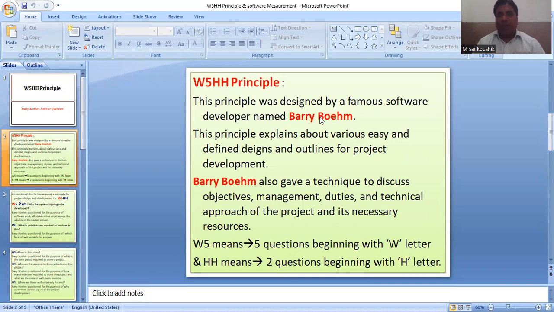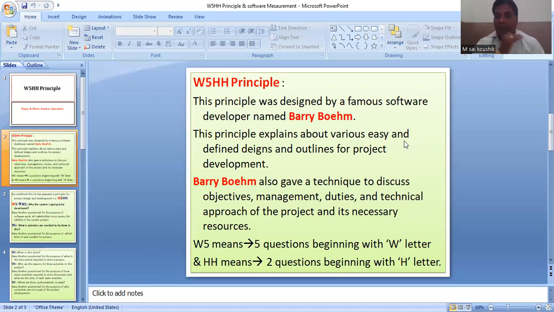By using this principle, we explain easy and defined designs and outlines for project development: easy methods, easy processes, easy methodologies, and easy defined designs and outlines.